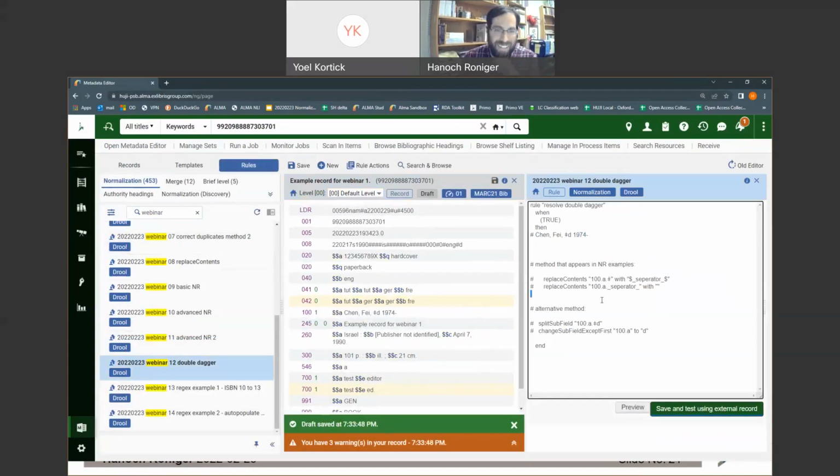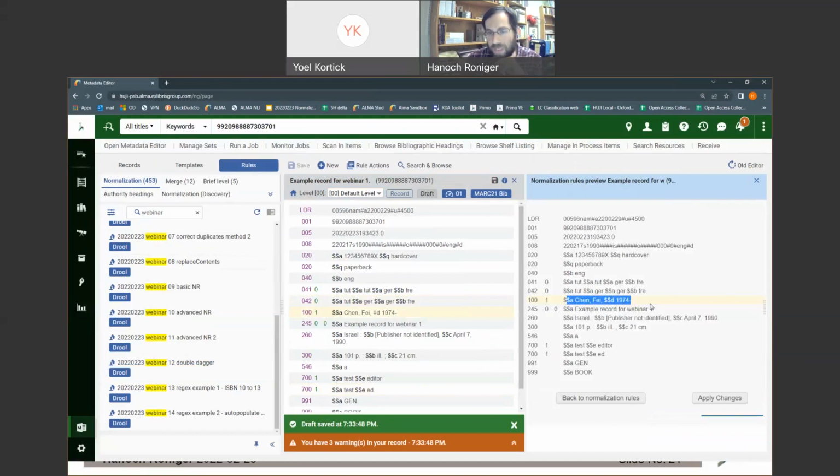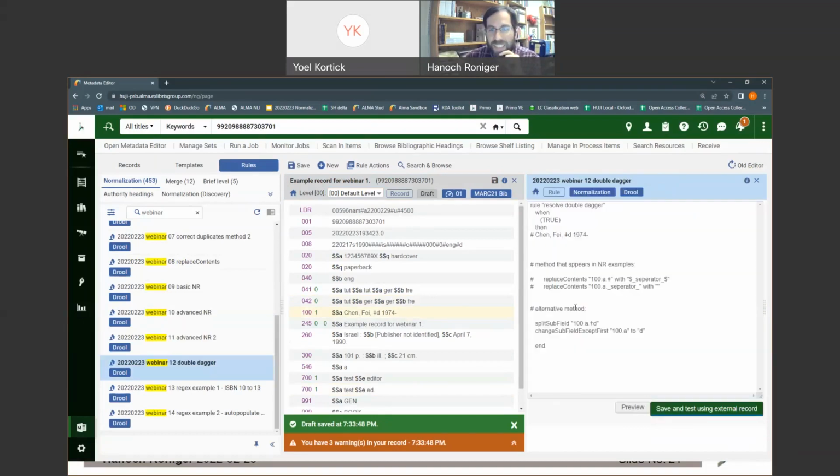I didn't dismiss the unsave, so I won't be able to show it, but a different way to do this would be to use the split subfield function and then change the second subfield into what you want. So you can see this will be identified by Alma as a subfield separator. So this is a different way of doing this, a better way one might add,